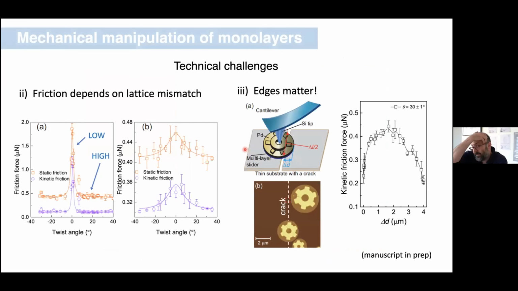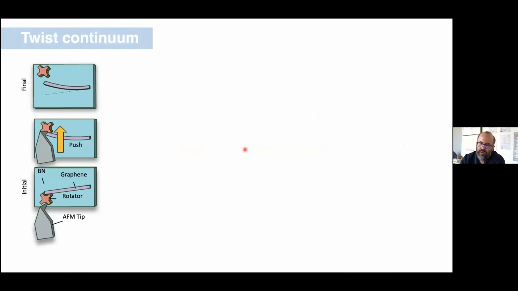As I said before, friction is low. We've measured this directly now. We now know how much friction is being contributed from the bulk-bulk interference versus the edge-bulk interference, and we know that edges matter the most. So we can think in a clever way about how to take advantage of that, and we do that in the following way. We imagine that now we have a long graphene ribbon.